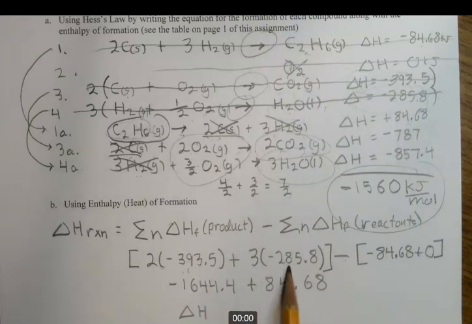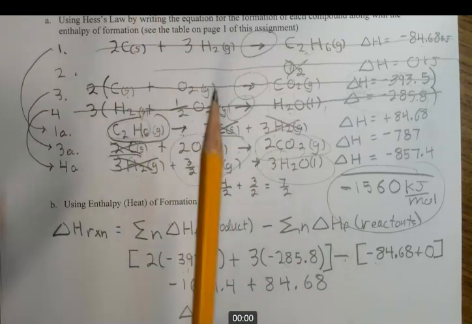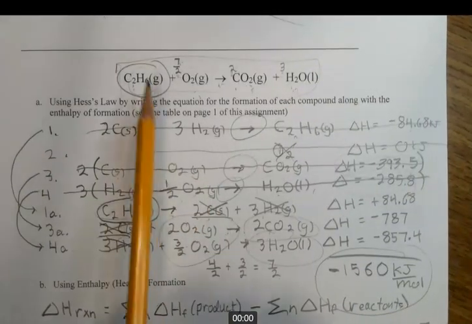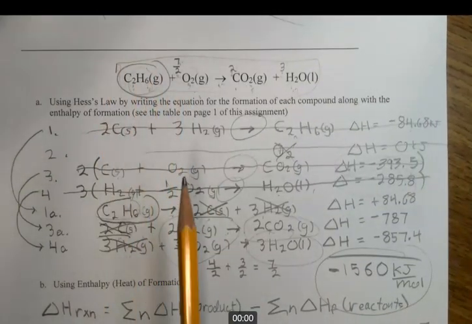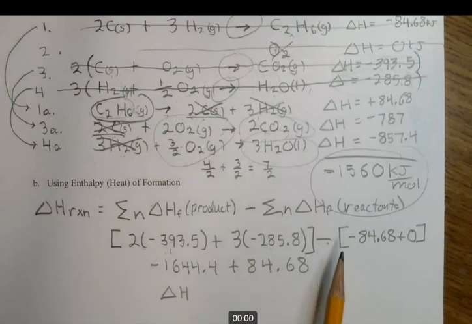It's negative 285. Again, it's on the front page. And then you subtract from that the delta H of the reactants. The only reactant that's there is this one. The oxygen is a 0, so that's going to be negative 84.68, and you subtract that, it becomes plus 84.68,